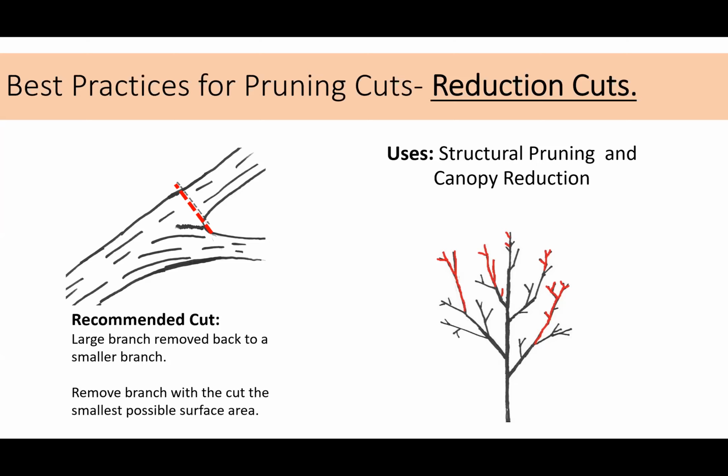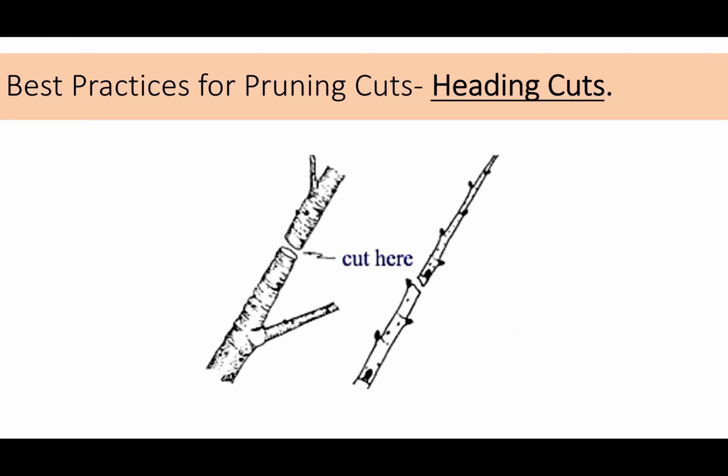It also means that if we're going to need to make reduction cuts, we want to do them earlier in a tree's life when the branches are smaller. There was research done in Florida, again, by Dr. Gilman and some of his students, where they did reduction cuts and found decay columns in maples, I think as much as 30 feet down from the reduction cuts in the maples they grew. Now, that's Florida, where trees grow fast and it's humid and decay organisms are probably a little more aggressive there, but still, it's a good kind of lesson to learn.